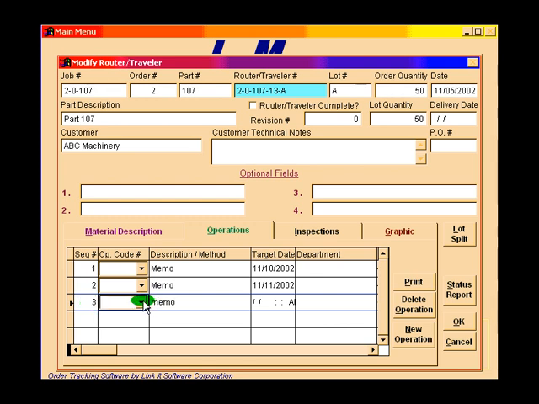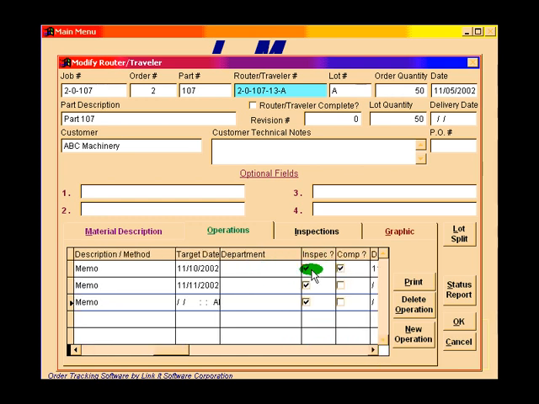The operator picks the new operation from the list of operations which was entered under Setup, as you recall from our previous discussion of the Setup area. The operation code automatically drops in here, and this can be a number or an actual verbal description, along with the memo describing in detail exactly what is required to do this operation, and that prints out on the Shop Traveler. The target date, which can be filled in here, the department that is the one to complete the work,